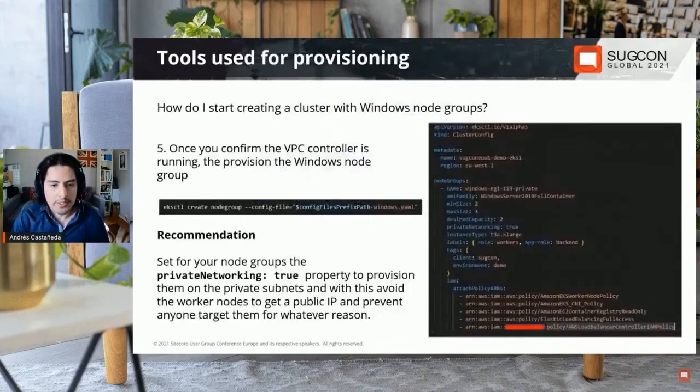So next slide. We go to the main part, provisioning the Windows node group. Once you confirm the VPC admission controller is running, then provision the Windows node group, because otherwise you will get an error. One recommendation that I make when provisioning the node groups is to set private networking true to provision them on the private subnets. And this is to avoid the worker nodes getting public IPs